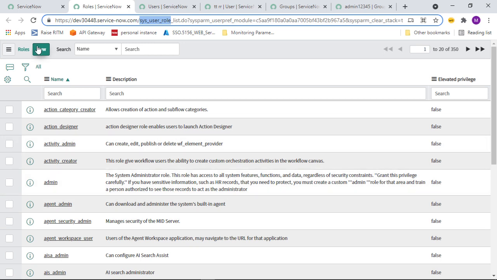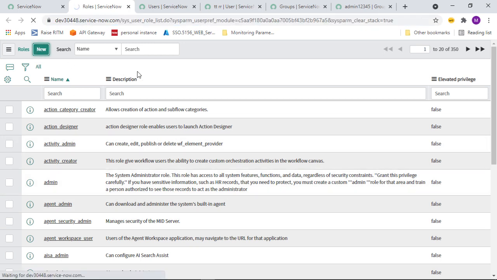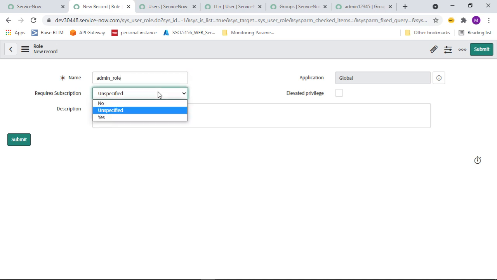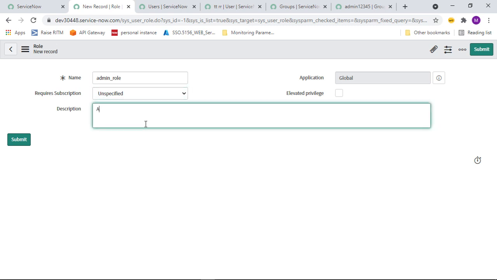If I want to create a new role, I can click on the New button and give the name admin role. Here, Requires subscription, you can select if you want.